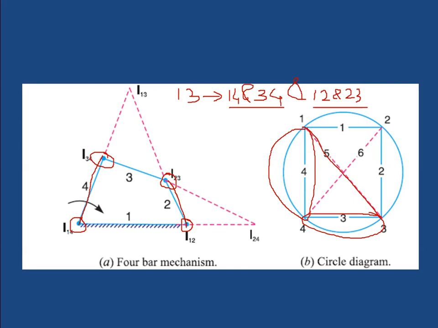And if I extend these two lines here, you can see at the top it is going to meet at the top. If you take it below, it is not going to meet at all. So the only thing it will meet at, it will be at the top side. Okay, so now extend this line I14 I34 combination towards the top side, and 1 2 and 2 3 also extend it towards the top. So it will meet at this point known as I13. Okay, so you got I13 combination like this. Clear? In the same way, now I will take the next one.